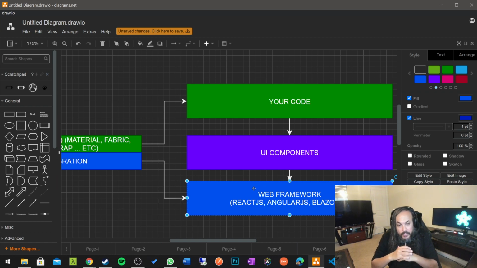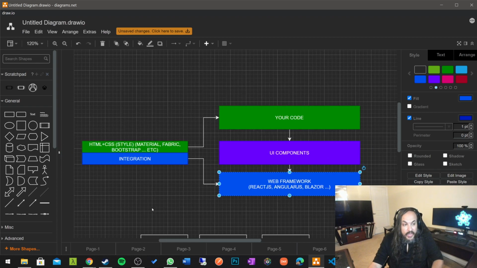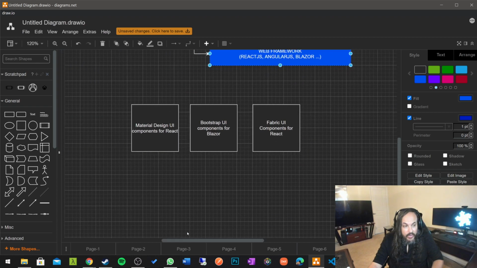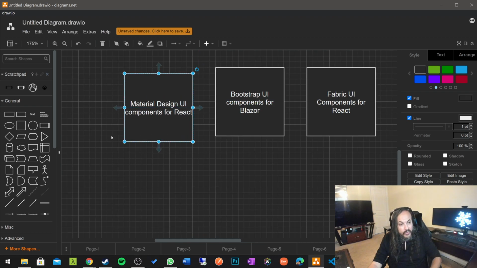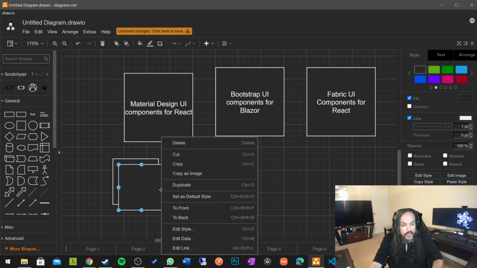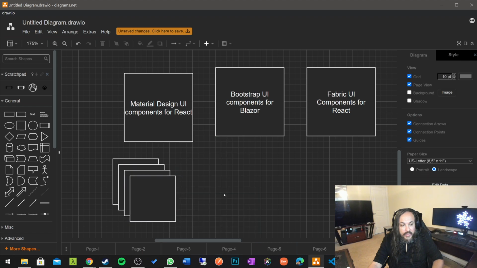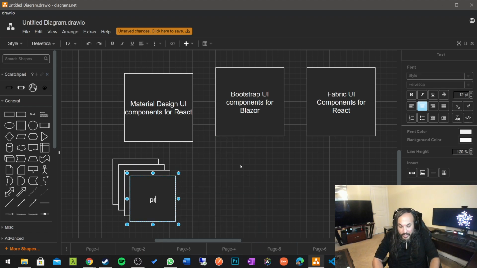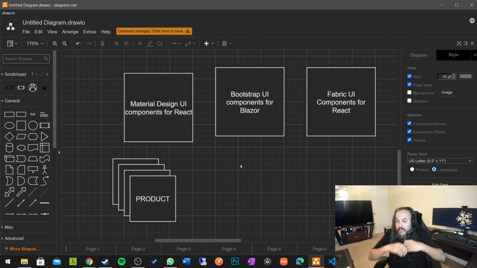Now, there are so many competing products. Like for instance, when I go and search for Material Design UI components for React, you're going to find many competitions where people say, I have something that does exactly the same thing. This is what I call products. So this is a product, and these can have all kinds of different names. Mud Blazor, Blazorize, all kinds of different components out there. And this is where the competition is, and this is where everything is happening because